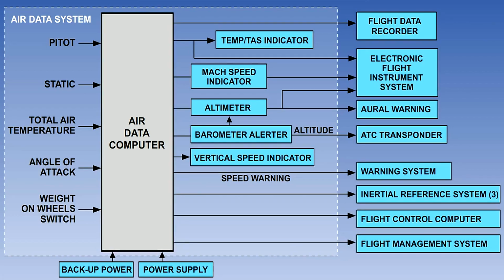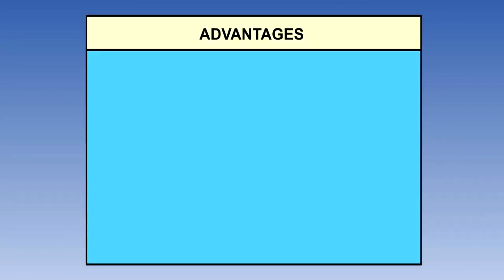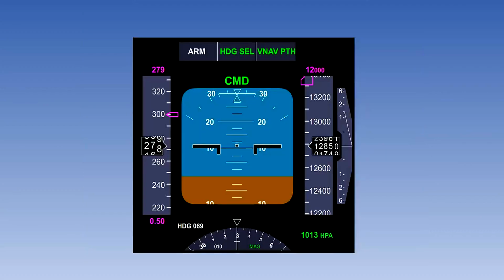So you can see that the air data computer is a central source of information for many other user systems, passing the information using digital electronics, not pitot and static pipes. The air data computer has many advantages over previous separate pitot static instruments. One of them is an improvement in displays. Electric or electronic instrumentation allows the manufacturer complete freedom to design new types of display which are clear and unambiguous.